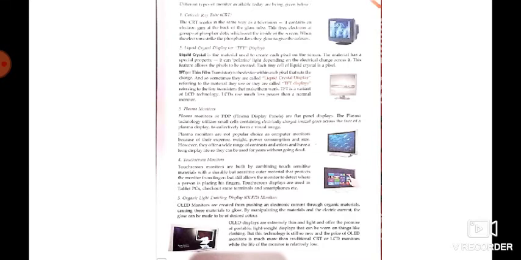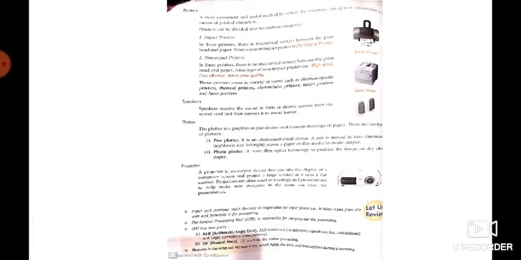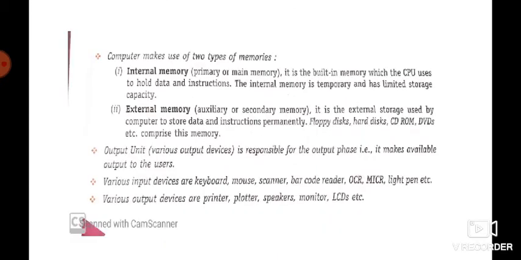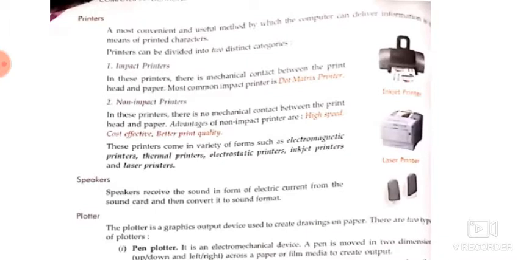Okay, now come to the next page, in which we have some other output devices. First is the printer, a very well known output device. Using a printer we can get the output on paper, and the output that we get on paper is called the hard copy. Let me tell you that the result that we get on a monitor is called the soft copy. Using a printer on paper, the result that we get is called the hard copy. So the printer is an output device which gives us output on paper in a printed form.